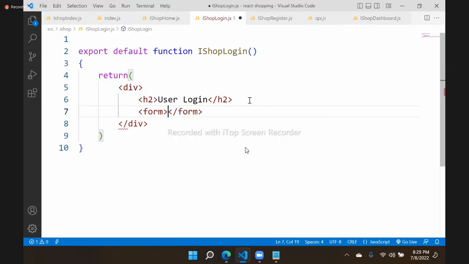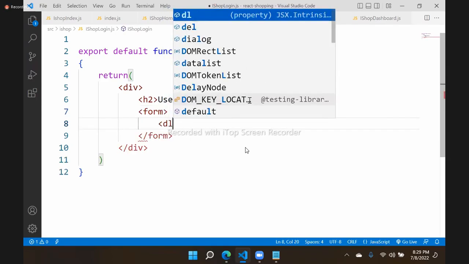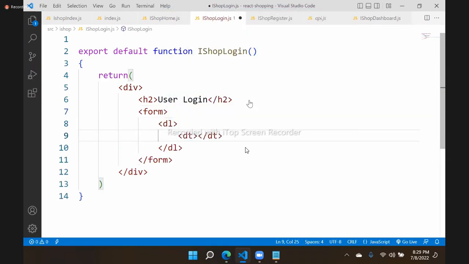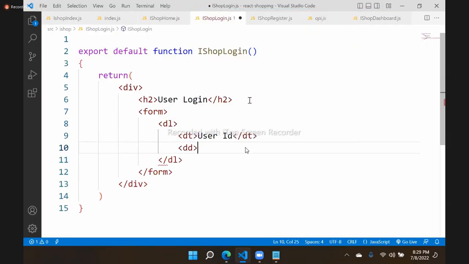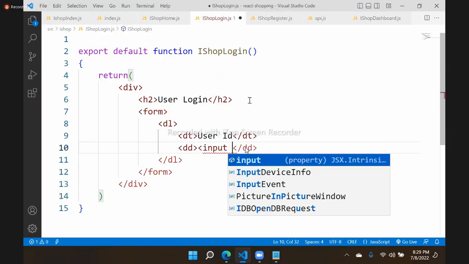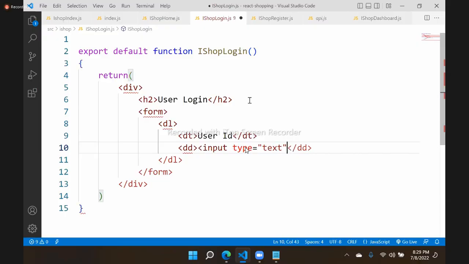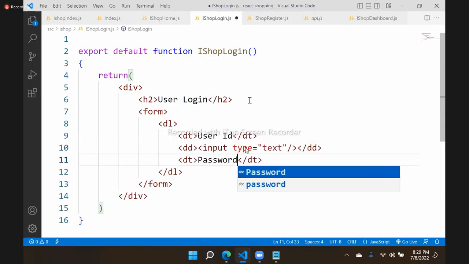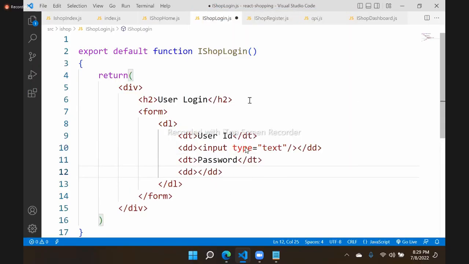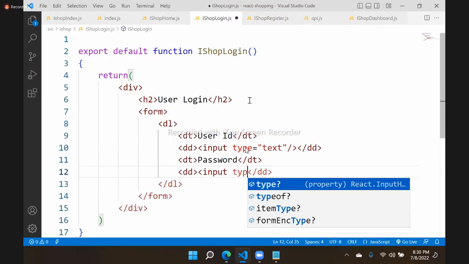We need to create a form, and the form contains a data term. Here we will give user ID and a text box, so input type is equal to text. And here another data term is password. Only these two are required to login. So input type is equal to